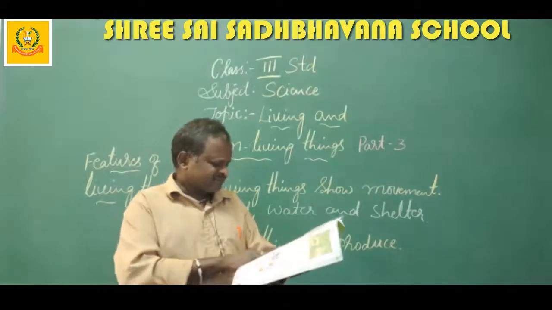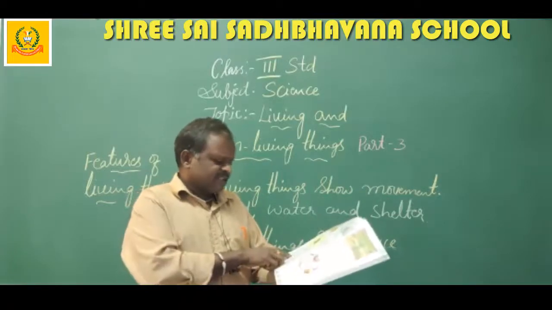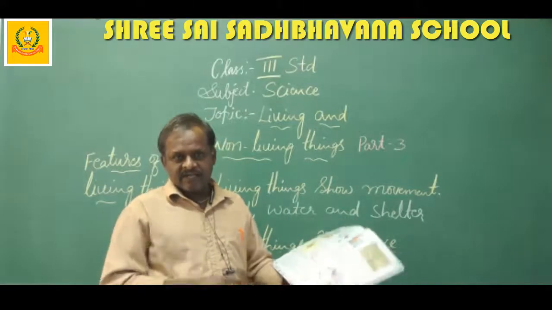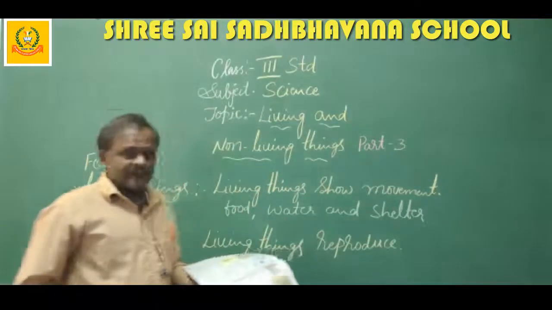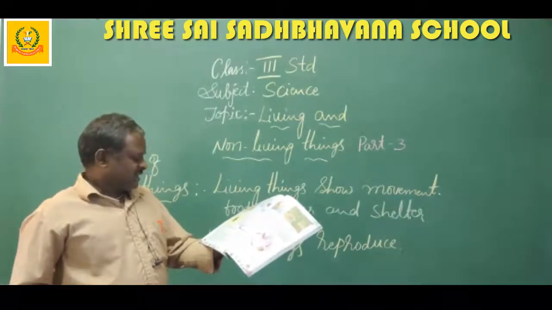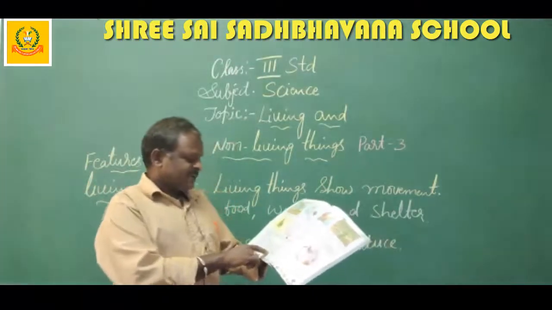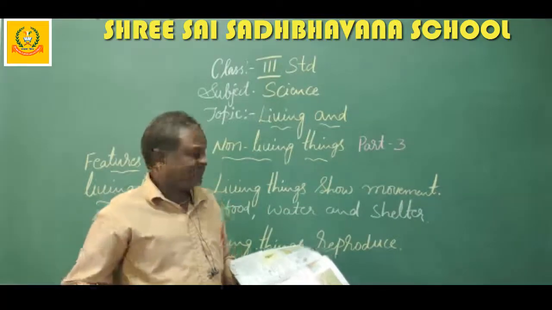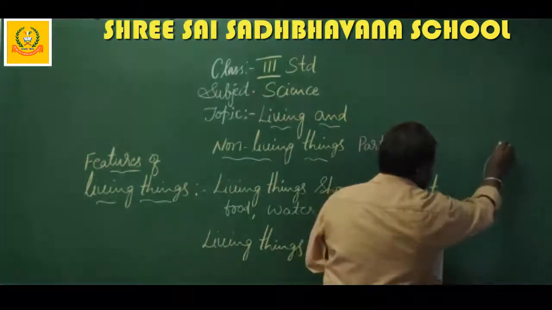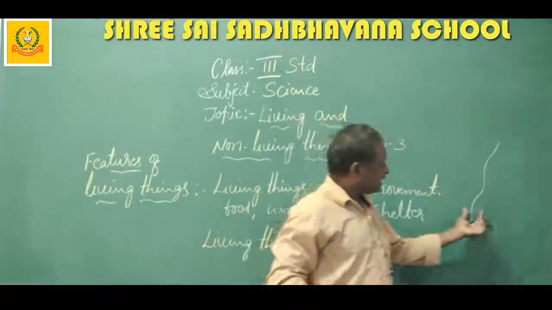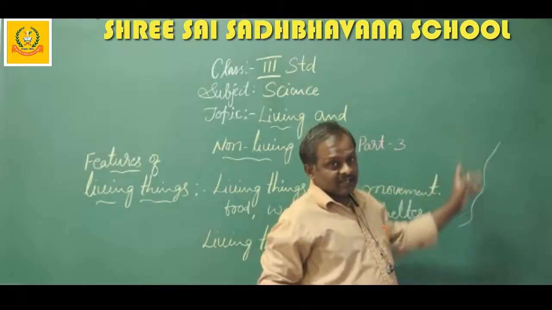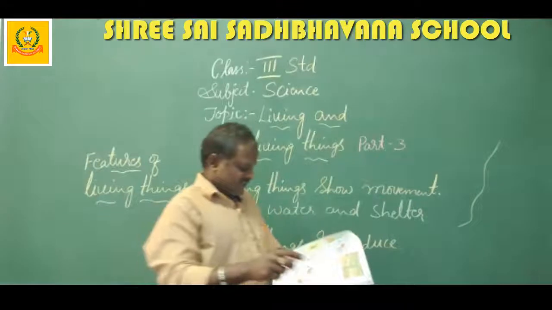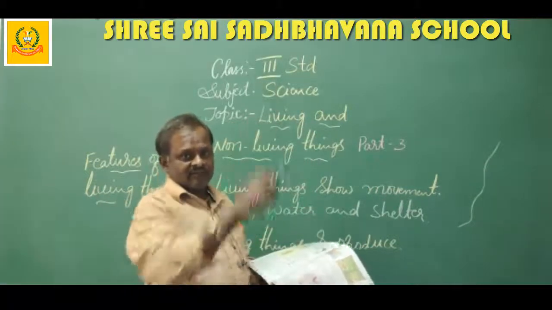So here, the birds fly, fish swim, snakes crawl and frogs jump. Then how do the plants show movement? Plants also show movement. Climbers move along the walls. See the climbers like money plant, all those things, they will move. That means they will grow along the walls or along the string you have tied. So they will grow along with that.